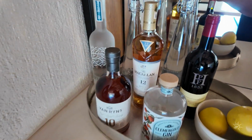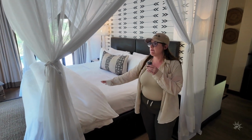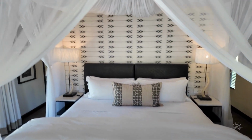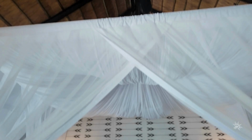And then over here, you have your bedroom. So as you can see, nice king size bed with a mosquito net available to you. They do have the ability here to make the bed into 2 twin beds if you're traveling with somebody where you may not necessarily want to share a king bed with them. And then walking over this way,